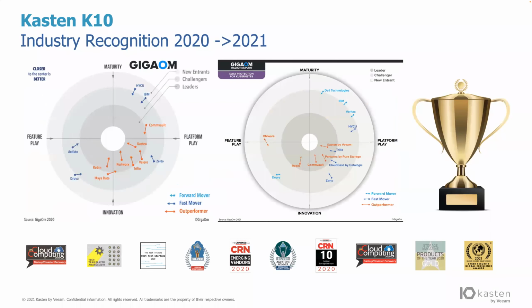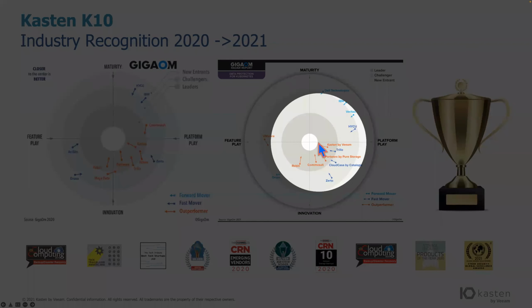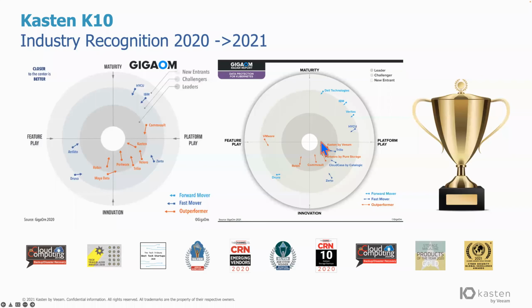Let's look at last year. I put together a comparison from 2020 to 2021. Kasten is here, we are still close to the center. We are still the leader, but the rest of the guys actually pushed away from the center. So you can see Kasten continues to innovate and continues to be the leader for Kubernetes data